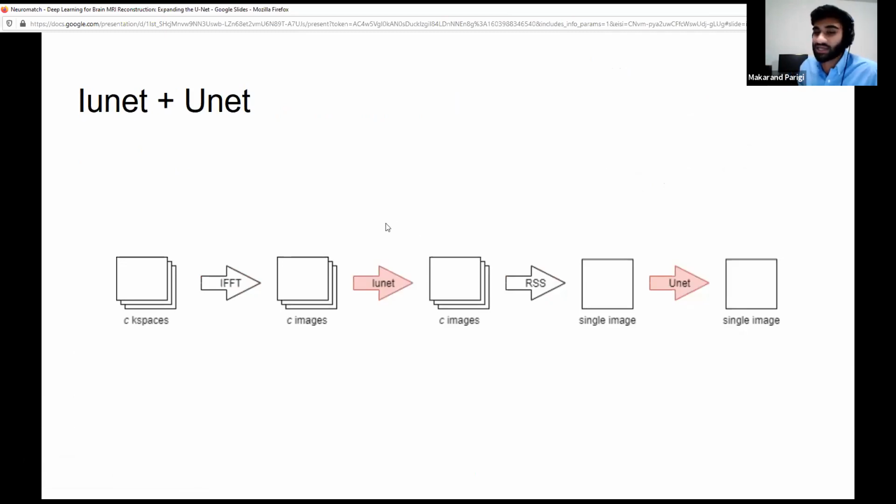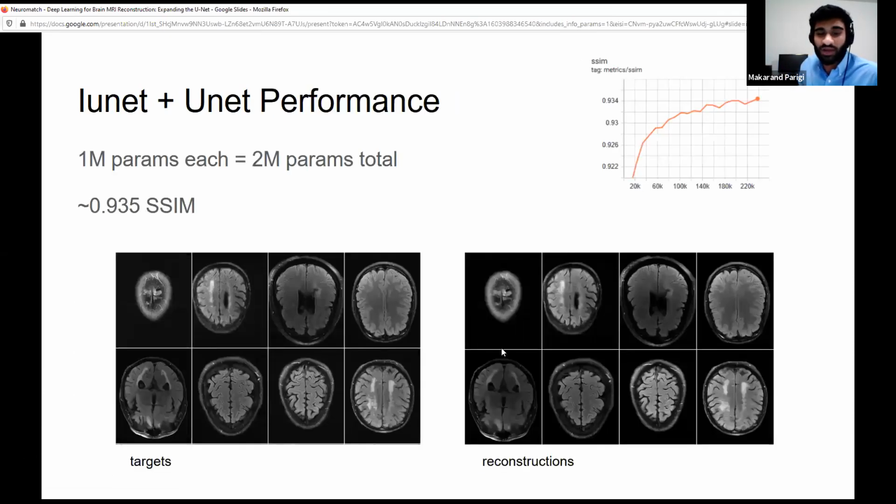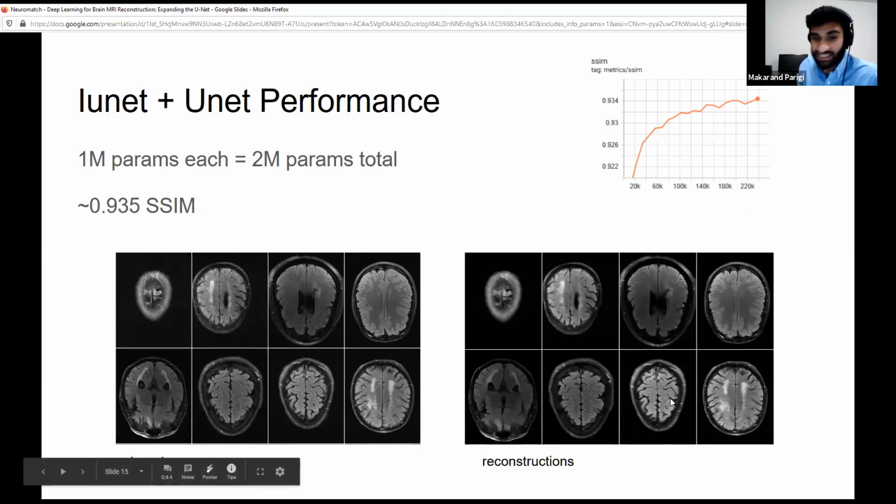Now, if we combine the I-UNet and the UNet, keep in mind that the original UNet has 7 million parameters, then we're able to achieve a performance a little bit better than the 7 million parameter UNet with only 2 million parameters. So with 1 million to the I-UNet and then 1 million to the regular UNet, with like a 2/7 parameter cut, we can achieve an SSIM that's slightly better. And you can see in the images, the detail is preserved more or less, and the structure of the brain, and there aren't really too many artifacts. So this is a promising direction in